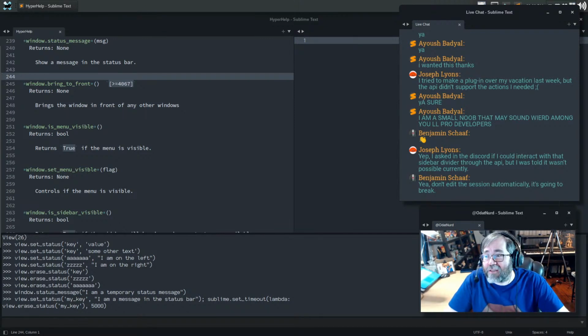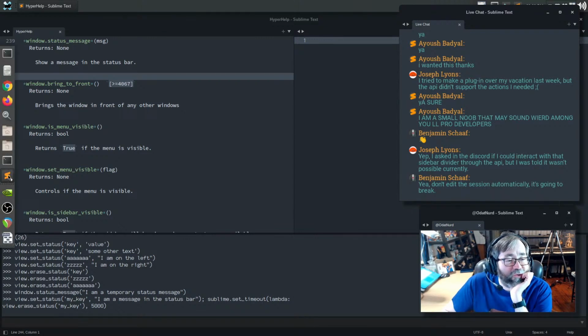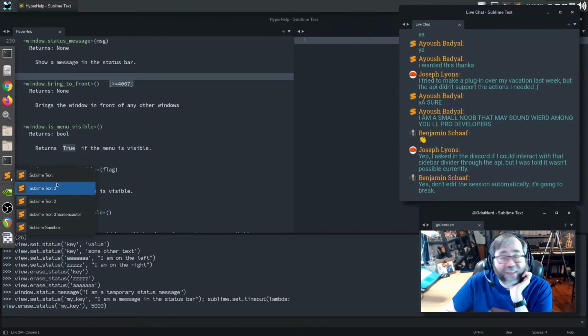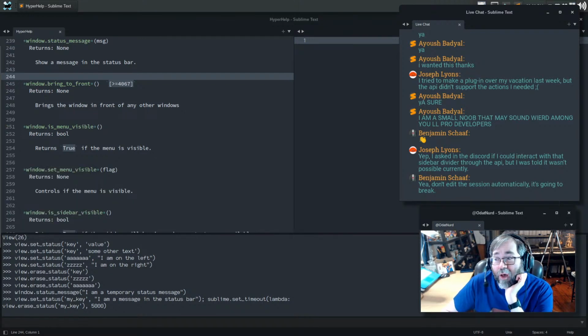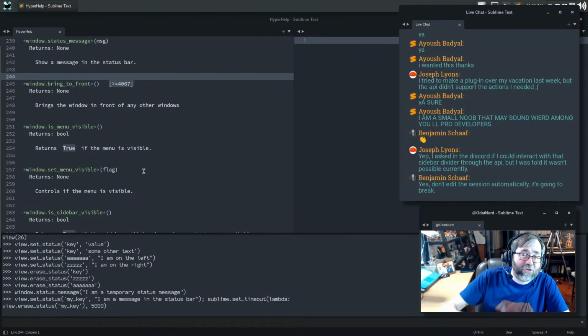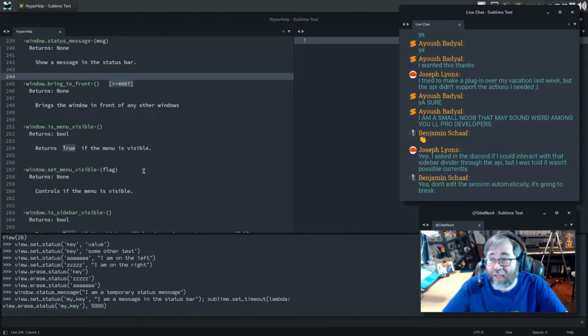So as a matter of fact, for my own personal usage of Sublime, I have over here lists of Sublime Text 4, 3, 2, and a couple of other versions of these. These just launch specific versions of Sublime. For a long time, the one up here, which you can't see because it's behind the chat, but I have one up in the status in the taskbar here, runs a script that runs that Python script first if Sublime isn't already running, and then starts Sublime. But I haven't needed to use that in a long time, so I swapped that out.